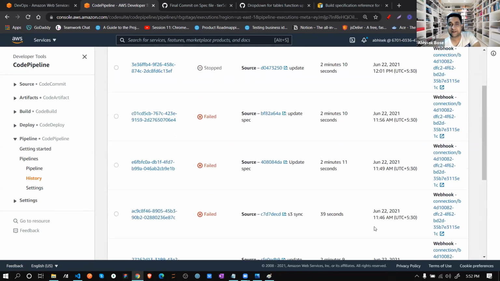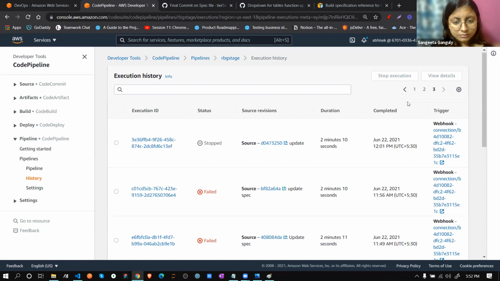See, every time it's failed. Why? Because I cut that connection. Otherwise, it will incur cost. So when I require it again, I will put that buildspec.yml back, and automatically this flow, this pipeline will start.